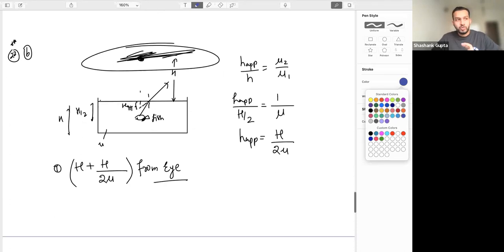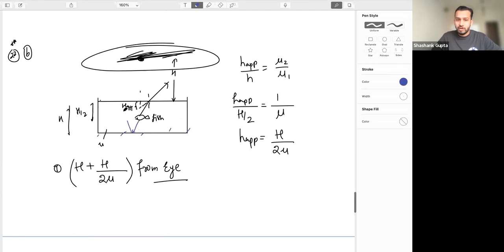Okay, now what is happening? Suppose for the fish, there is another ray which first goes towards the mirror, and then after striking the mirror, this thing is happening. This can also happen. So if this is the fish and this is the mirror, if the ray is directly going to the mirror, the image will be exactly at the same distance on the opposite side. This is h by 2 given, so this is also h by 2.